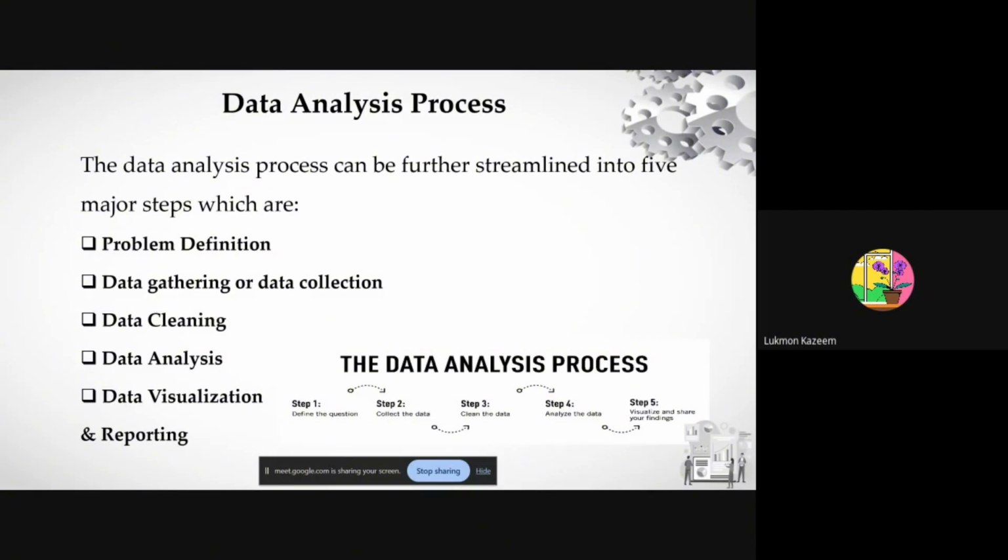Like I said the other time, we need to clean our data. If you've collected data, most times there are loopholes and there are duplicate entries. So you need to clean the data to your own taste. And in order to clean data, there are some steps that we're also going to be looking at. There are standard steps that you follow if you are to clean data. So we'll look at that too.